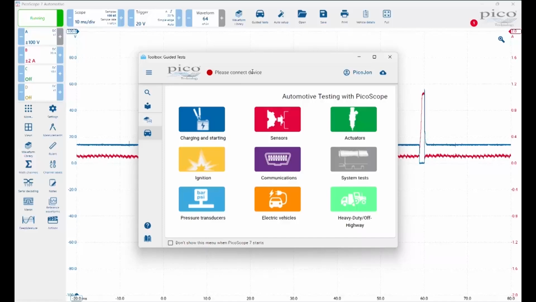So let's start with our guided test, because it absolutely is the right place for you to start at. As you'll see, there are various things in the guided test. We've got tests for our charging and starting circuits, for sensors, for actuators, ignition systems, communication networks we're going to get to later on. Systems tests, so that's testing more than one component at a time. You'll see that. I'm going to do a quick video on cam and crank measurements later on. Then we've got our pressure transducer measurements, and of course increasingly so tests specifically for electric vehicles. And then finally we've got heavy duty and off highway